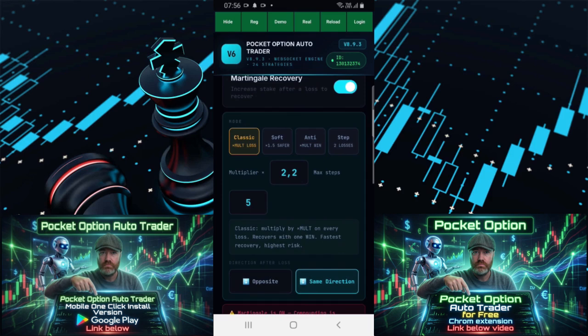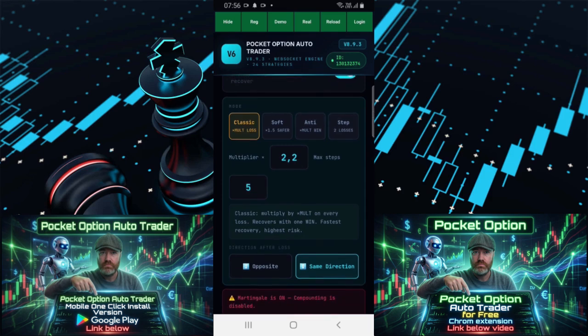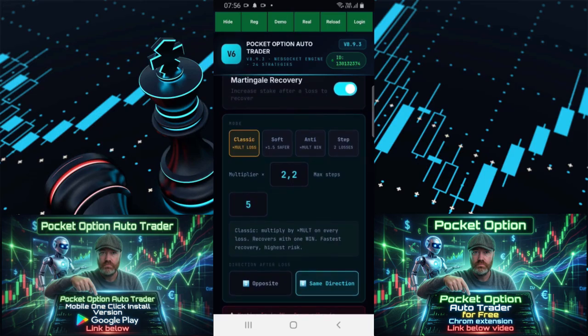So here come different types of martingale strategies. So you have soft, classic. Classic is basically the normal, where every time he doubles, or actually if you choose 2.2, he doubles a little extra. I like to use 2.2 because with 92% payout, if you choose the best pairs, you need a 2.2 to cover it if you go a few